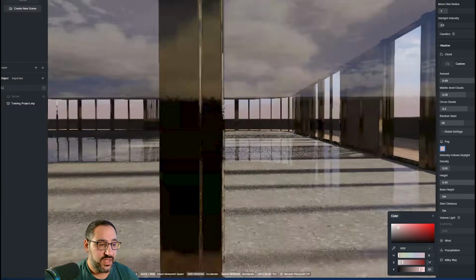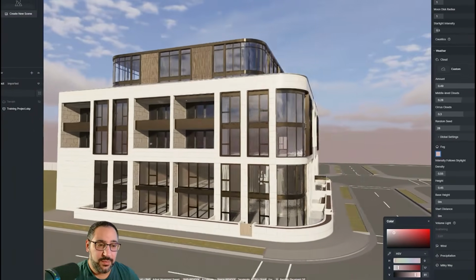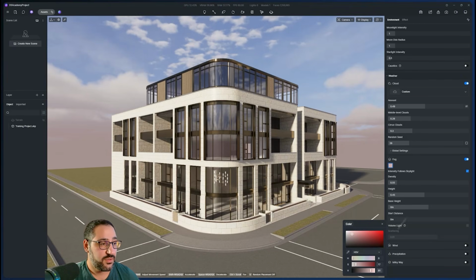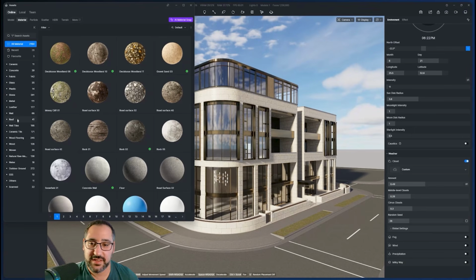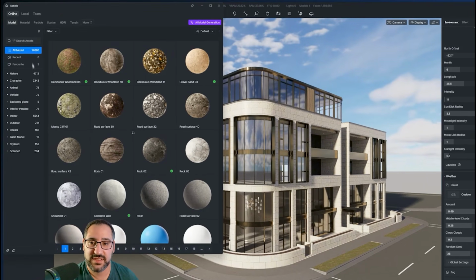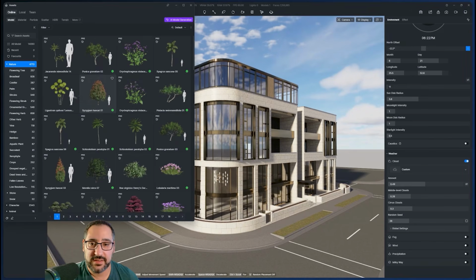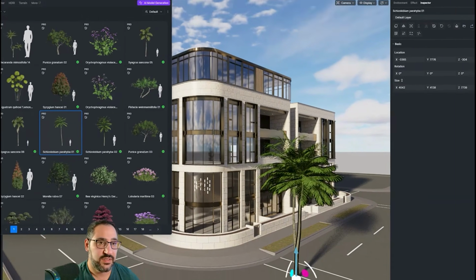Then we've got wind and precipitation. Wind is cool because if there is a dynamic plant asset in here, it'll actually make it move. So let me just turn off the fog so you can see that. And I'm going to drop in a plant, and we'll talk more about plants in the upcoming module, but just so you see this, I go over to nature, and you want to make sure it's dynamic. So anything that's got this kind of little moving wind button, watch this. If I drop this in here,